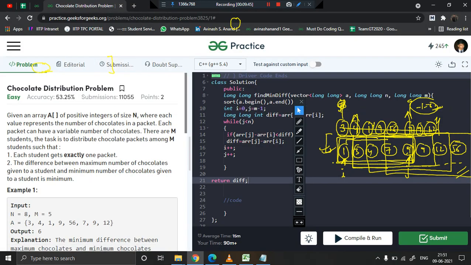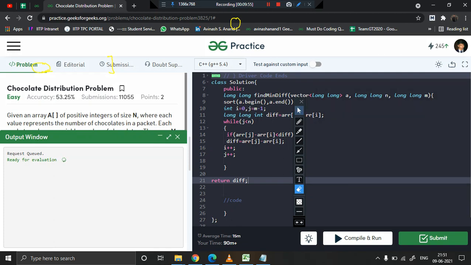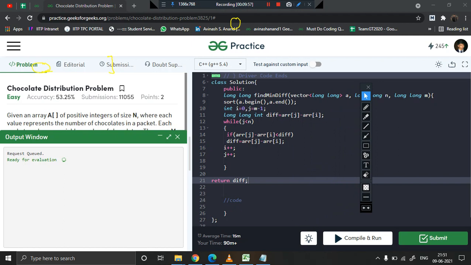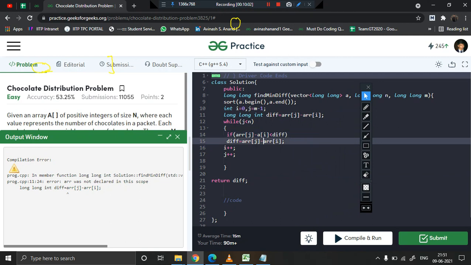Let us compile the code. What's the issue? Array was not declared in the scope. Okay, it is A, not array. It is actually A, right? This is A. Anything else?